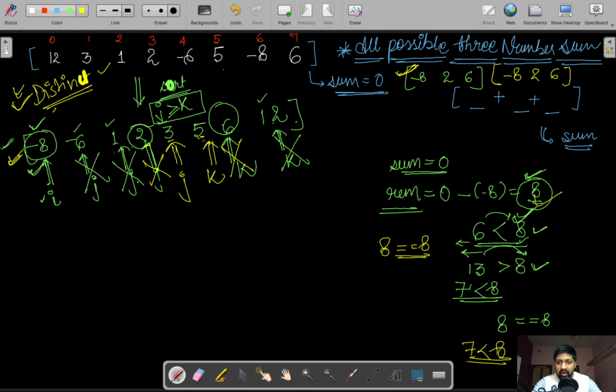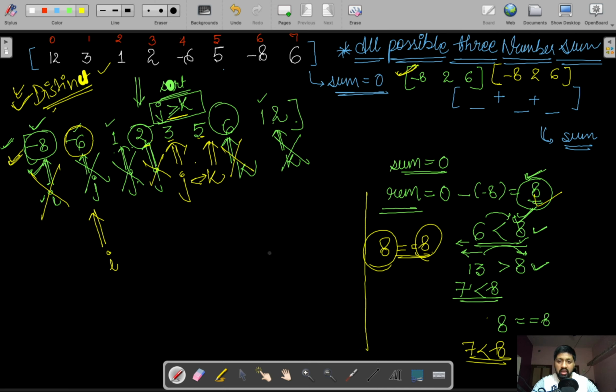So now, either decrement k or increment j in this case when this sum is equal to the remaining sum. When we either increment j or decrement k, it exceeds k or it is equal to k. So this condition of inner j and k breaks. In this case, we need to increment our I pointer. So now the I pointer is pointing to -6. For -6, the remaining sum is 0 minus -6, which is 6.